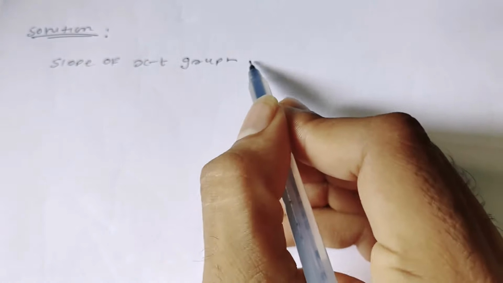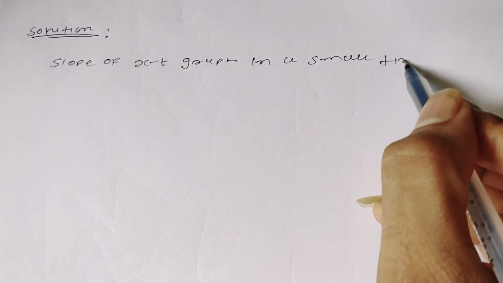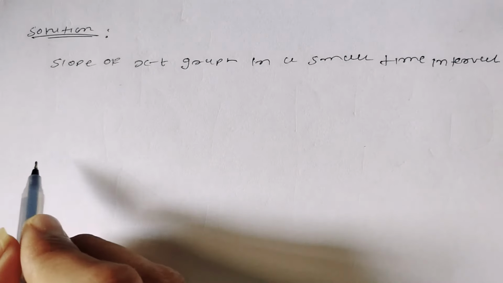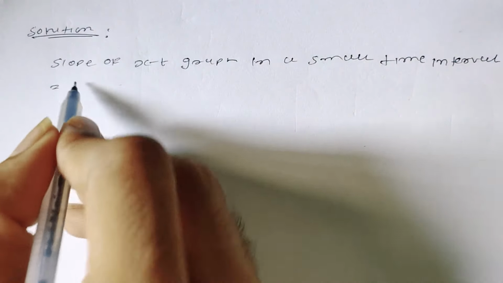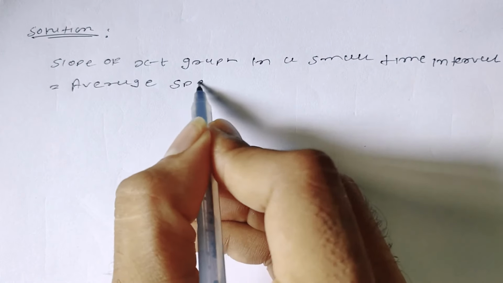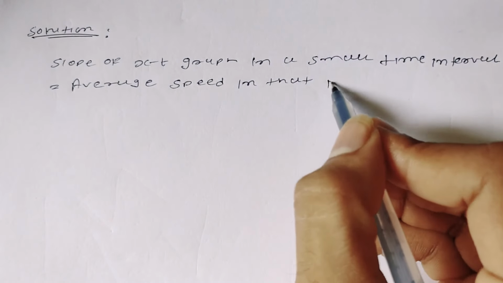So the slope of the xt graph in a small time interval is equal to the average speed in that interval. So here